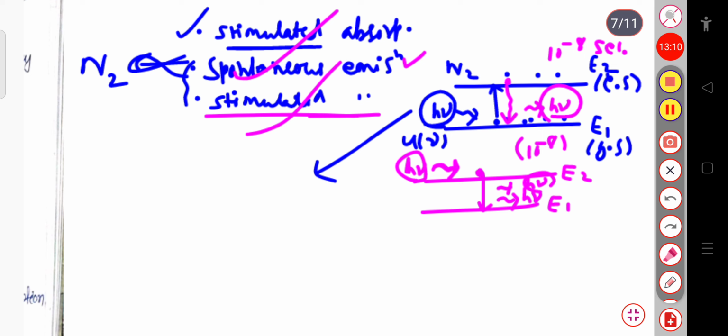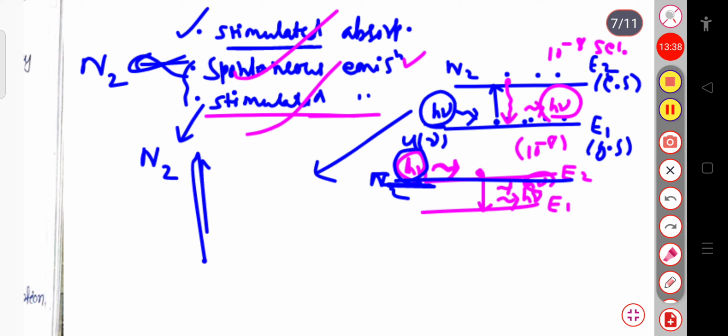But in case of the stimulated emission, since we are giving some amount of energy, that is h nu here, in this case I can say that it will depend on the number of atoms available in this state, that is your E2 state. Suppose the number of atoms per unit volume is N2. And also it will depend on the energy density of the photon, since the amount of energy is given to this atom that is in the highest state, that is U of nu.